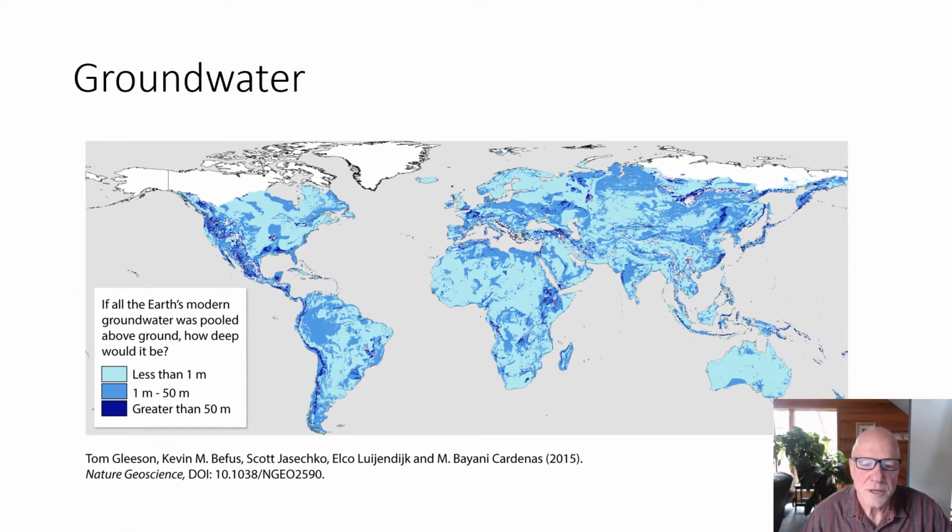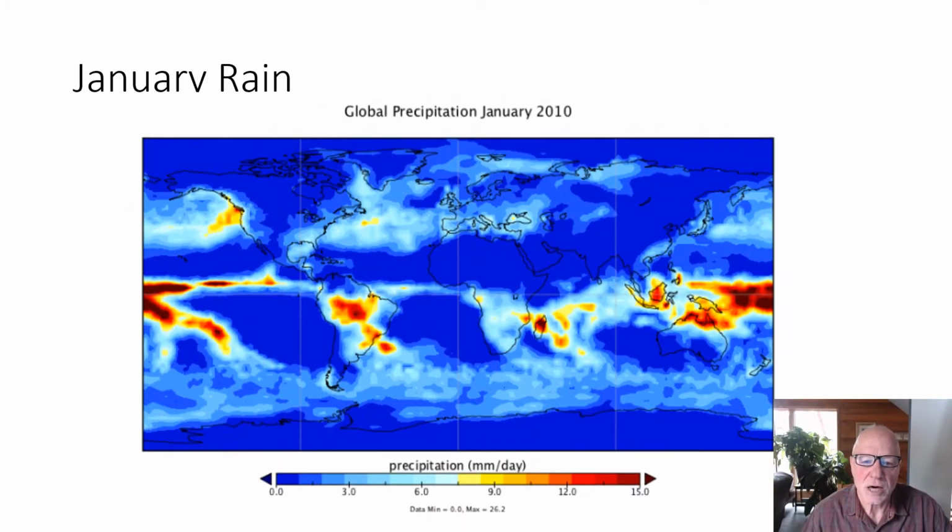The groundwater is the water that's deep under the earth. And the western United States has a good amount. So does the coast. This is where water is under the ground, under the rocks, the earth. Now in January 2010, this was a monthly rain again. The equator was very heavy, the desert was empty of rain, and southeast Alaska had some rain.